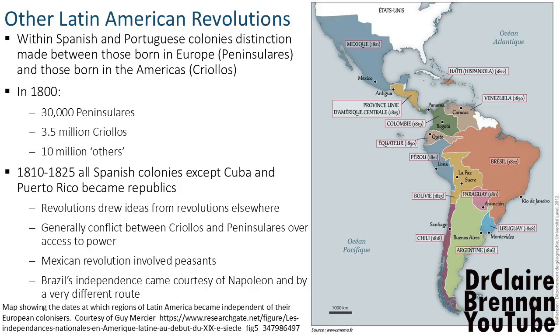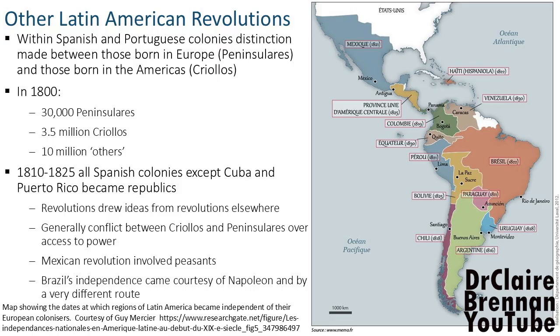There are some exceptions to that rule. Haiti is a clear exception, and also Mexico, which experienced much more of a peasant revolt and a genuine uprising of the disenfranchised portions of society. But this shuffling of power between two groups who already had quite a bit, as with the previous revolutions in Europe, there had been shuffling of power between monarch and nobility. Here it's between peninsulares and criollos. That shuffling of power proceeds pretty quickly.